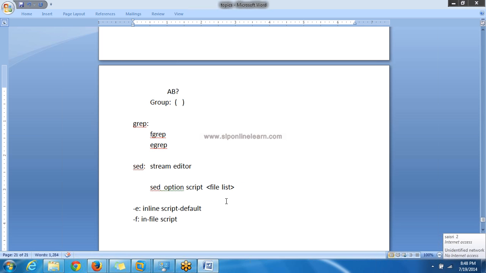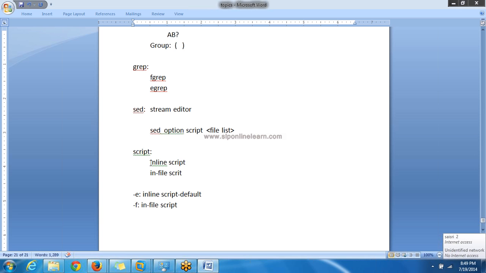This script can be an inline script or it can be an in-file script. An inline script is one where, along with the sed command, you specify the script.